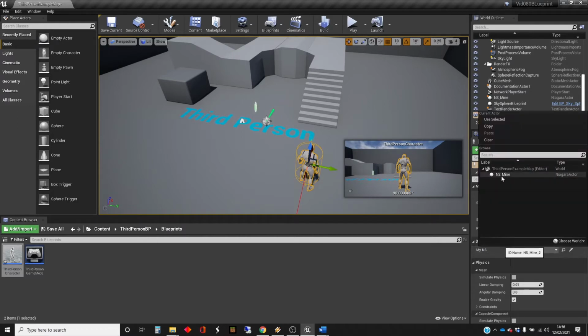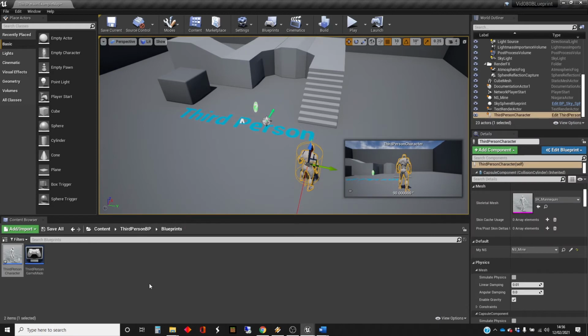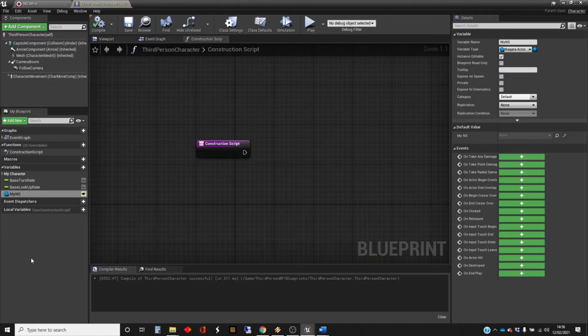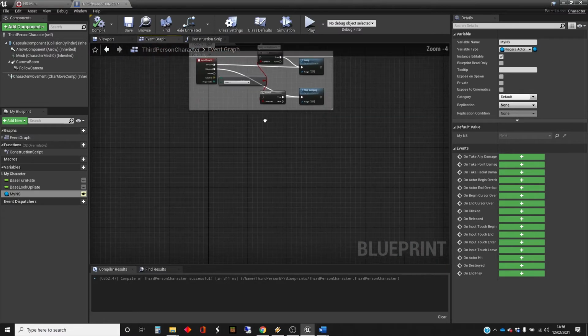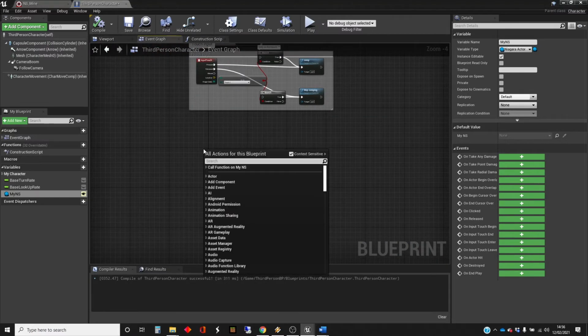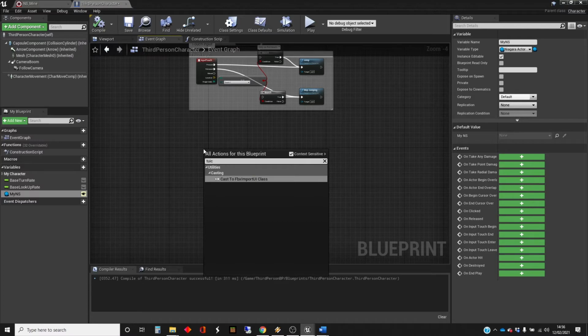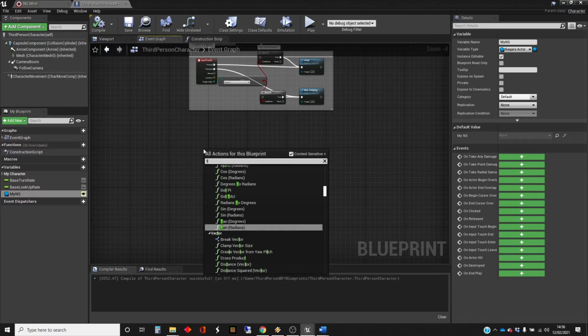There's only one of those in the world. That's connected it. Okay, so let's go back in. We want to be in the event graph. I'm just going to add an event tick. There's a whole lot of stuff in there already, and I'm going to make this depend on the distance